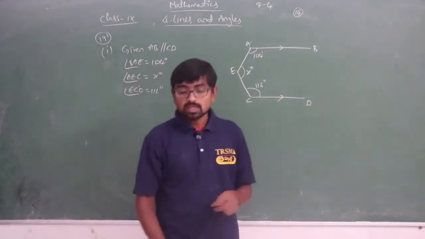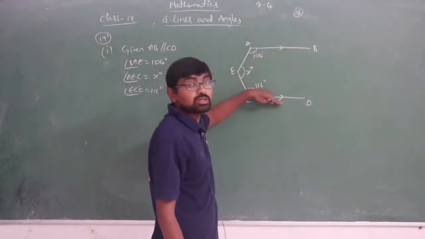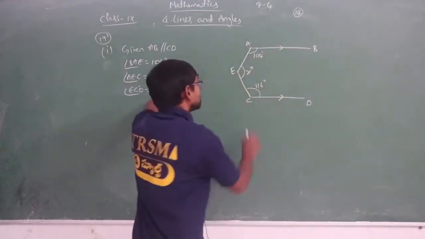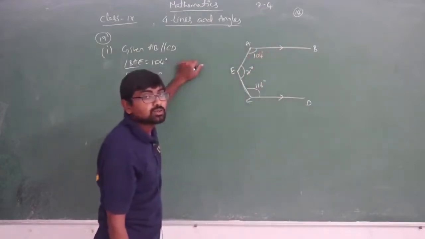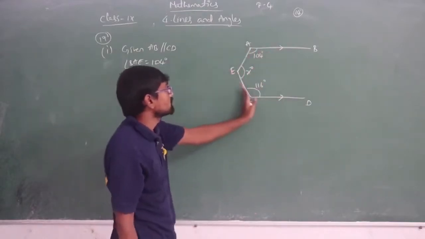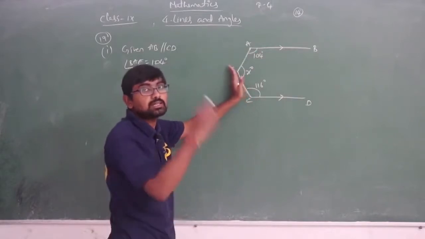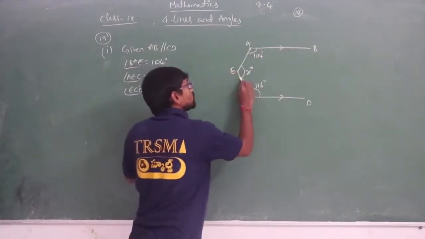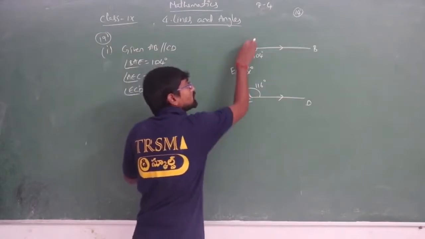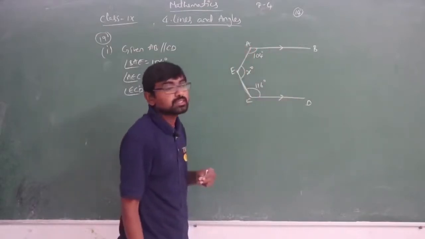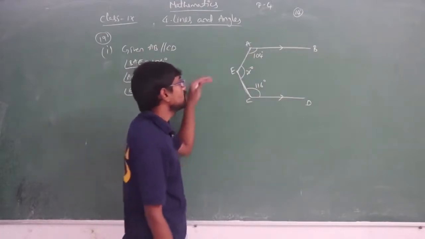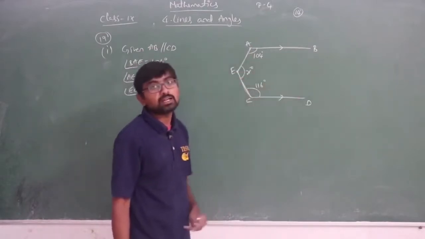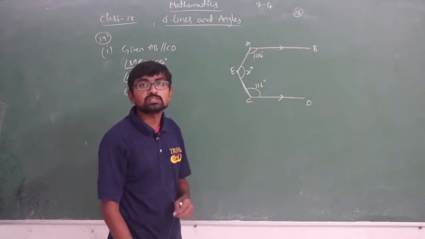So you can say, sir, we have 2 parallel lines, not at all a problem. So can I say this is a transversal to both the parallel lines? No. Here we are getting 2 transversals. A transversal is a straight line, but what here? It is going up to E, and after E it is turning again, isn't it? So it is not forming a triangle, nor does it have another parallel line from E. So how can we solve such a problem?